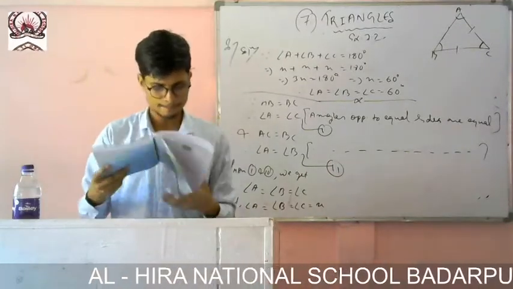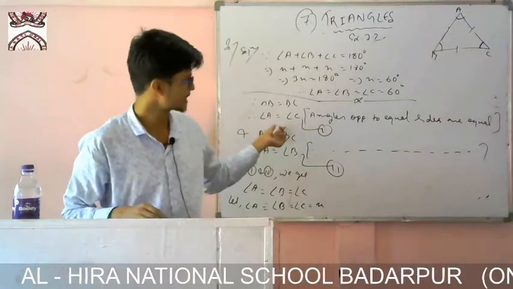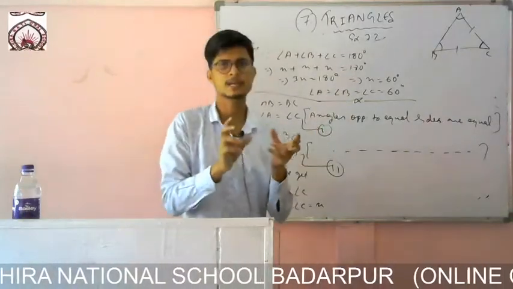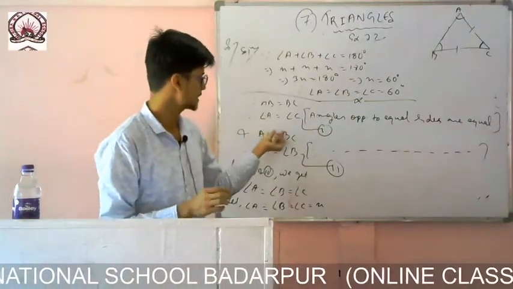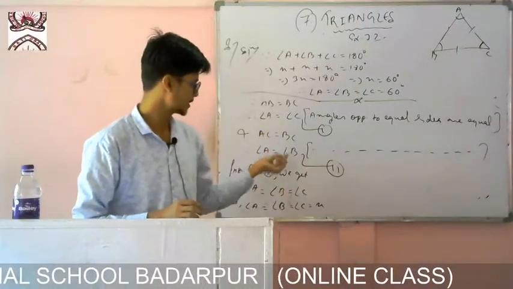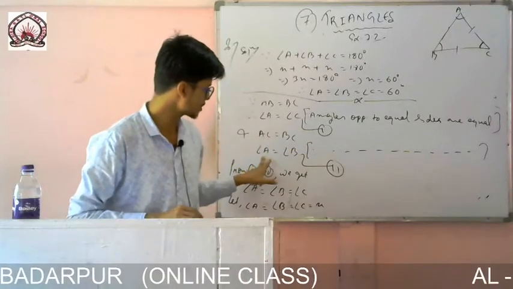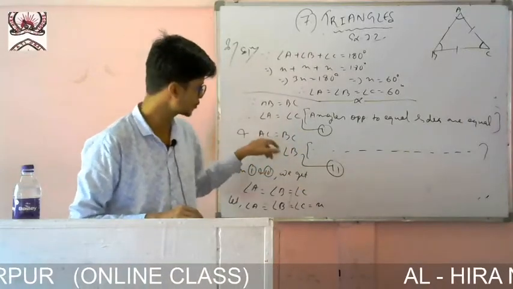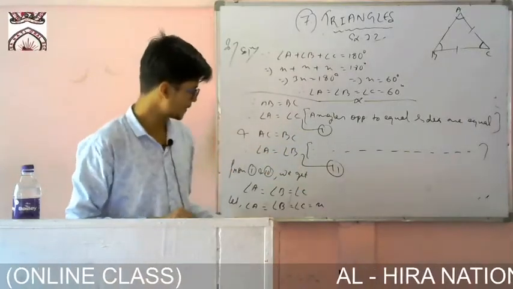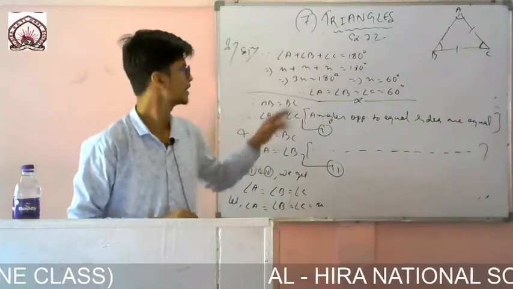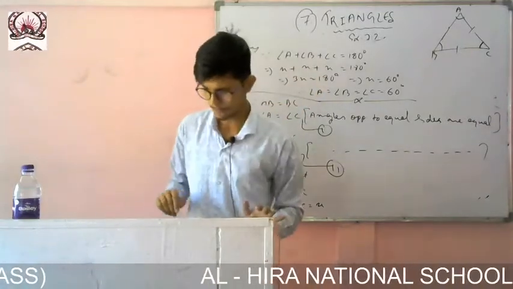So now you see this one is finished. What I have done, I have taken two sides and shown that their opposite angles are also equal. Then I have related them. I have found that angle A is equals to angle C also, angle A is equals to angle B also. That means all three are equal. Then I have taken all three as X. Then I put the value and I got the answer, okay.